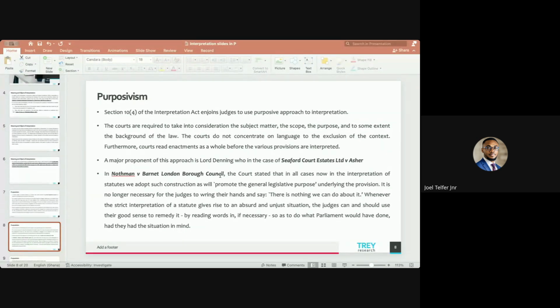Before Parliament decided to take the step to legislate a particular area, Parliament must have noted a particular thing. So there may have been social considerations. For instance, Parliament is currently legislating on the proper human rights bill, whatever that bill is called. But the anti-LGBTQ bill, Parliament is currently legislating on it, and so that legislation has been born, according to the